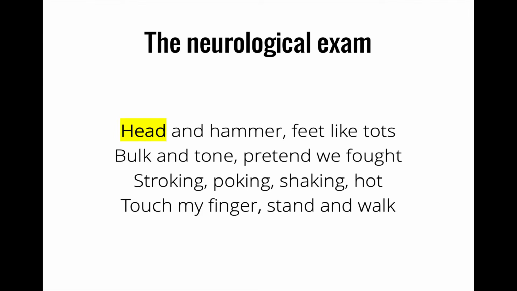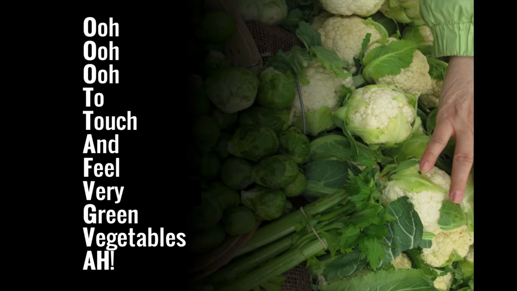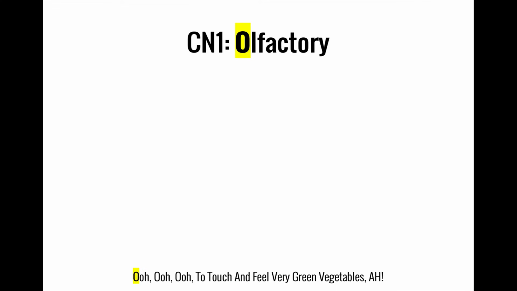After assessing their mental status, the second part of HEAD is to do a cranial nerve examination. Testing each of the cranial nerves can help to localize any deficits in the cerebrum or brainstem. Use the ooh to touch and feel very green vegetables mnemonic from a previous video to remember the order of the nerves. The olfactory nerve is difficult to assess unless you specifically brought something with you or haven't bathed